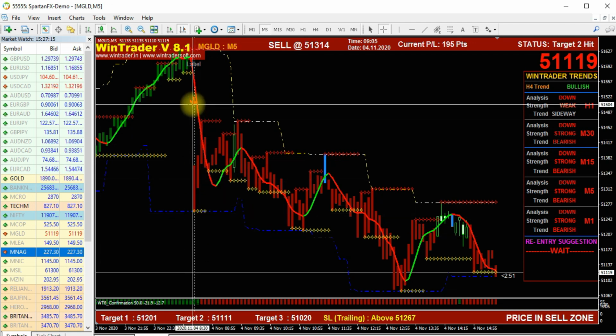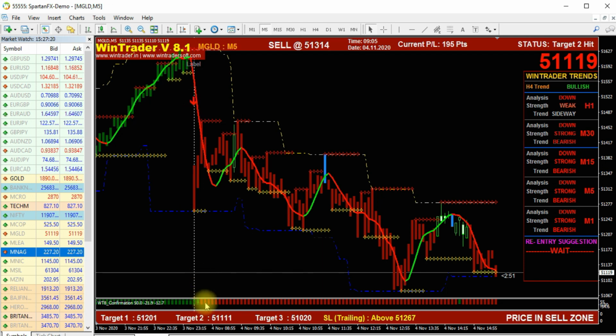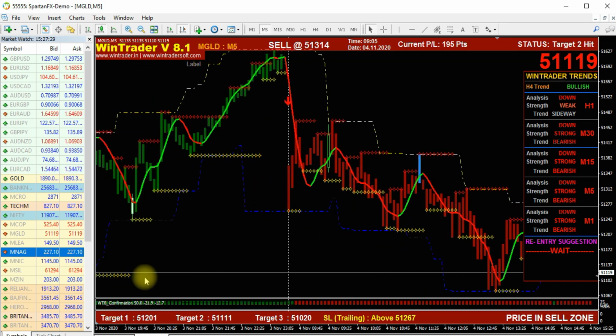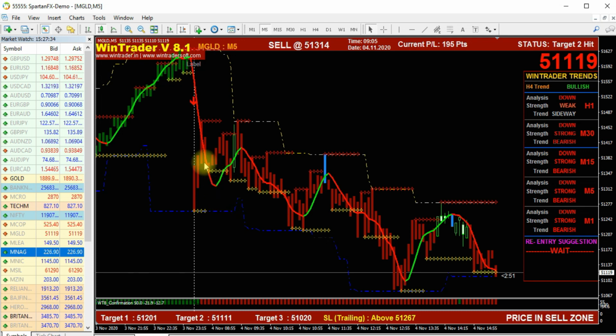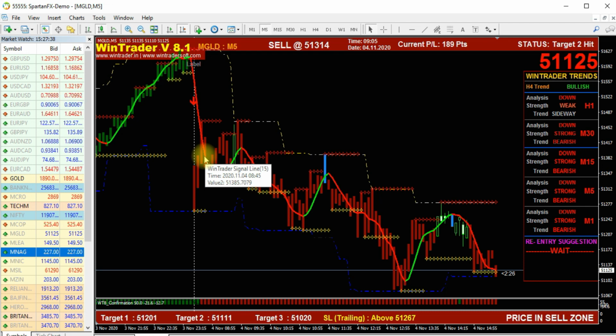If a sell call generates, the red arrow generates, and after the red arrow the bottom bar color turns red and the price is in the sell zone, we can confirm that sell signal. Same if a buy signal generates: after a green arrow the bar color turns green and the price must be in the buy zone. And one more parameter is the candlestick color. The candle color should be red for a sell signal, and if it's green then it is a buy signal, and we can confirm. So exactly three confirmations are needed after the signal, either buy or sell.